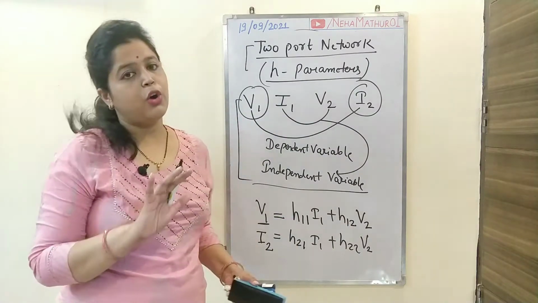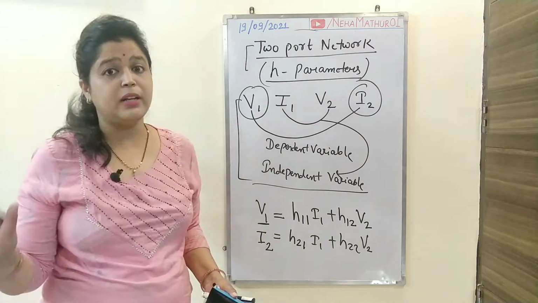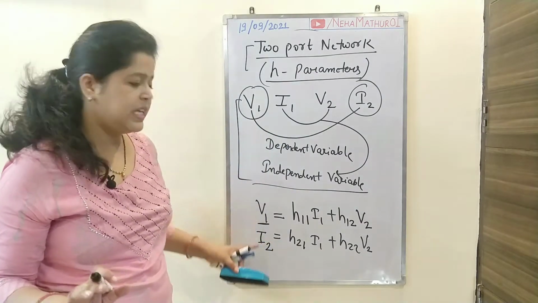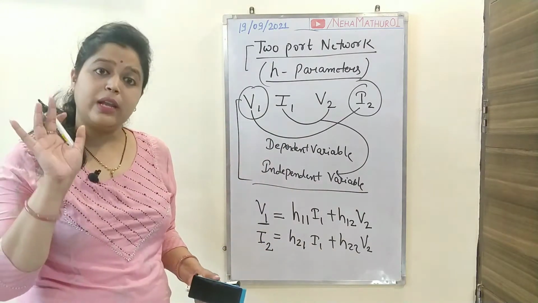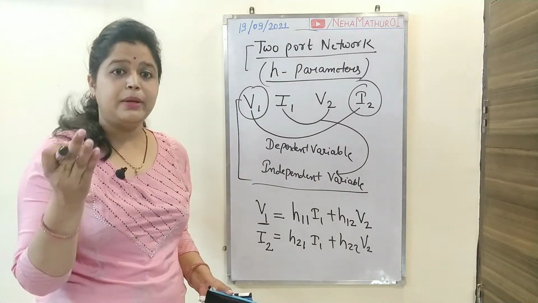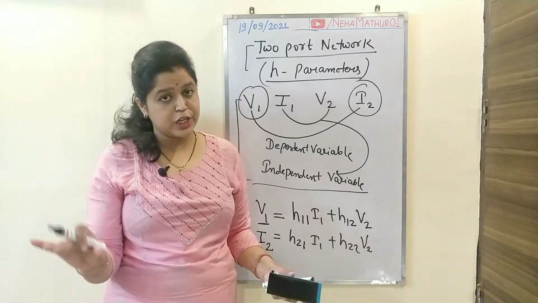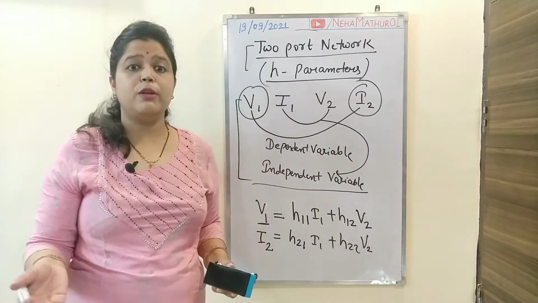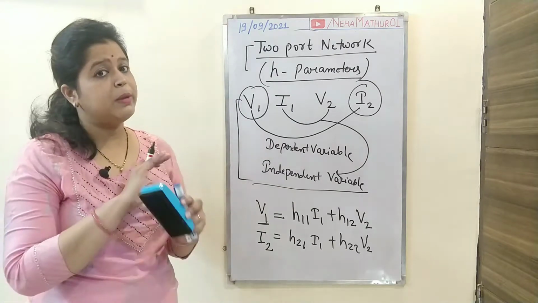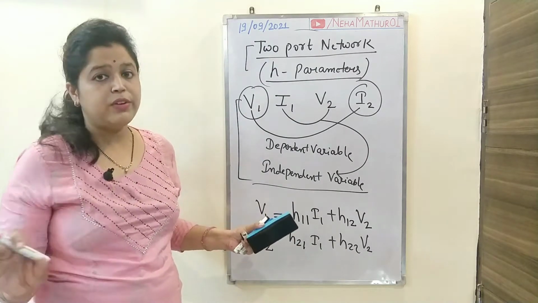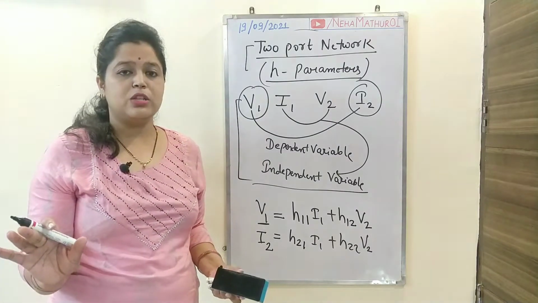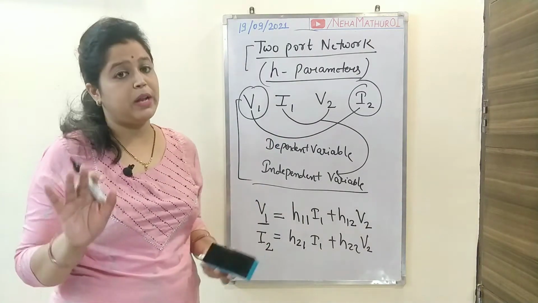See, if you are able to write these two equations, after that you will definitely become confident for the calculation of all the parameters, because the complete important rule for all the parameters is related to these equations. So if you are able to write both the equations for all the parameters, for Z parameter, Y parameter, T dash parameter, H, and the upcoming G parameter, you will become confident with the concept of these parameters, and you will be able to solve all the numericals related to parameters.